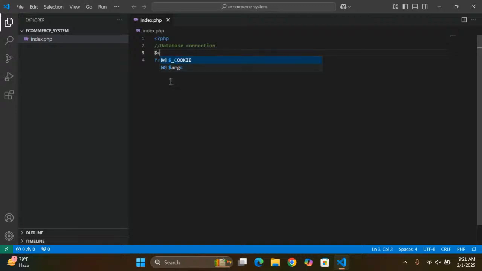And now maybe I can say conn, variable conn. I'm naming the variable conn, short for connection. Then it will be equals to, right? Then this is where we are creating this thing. So it's new